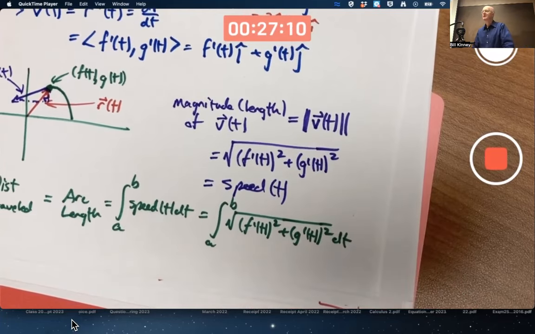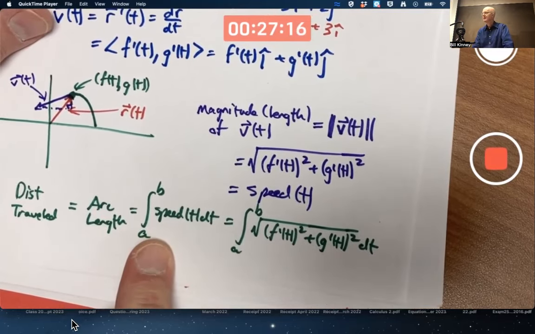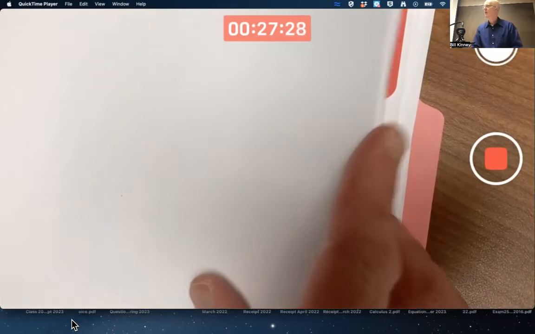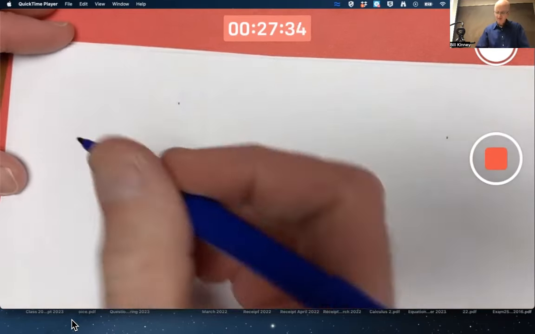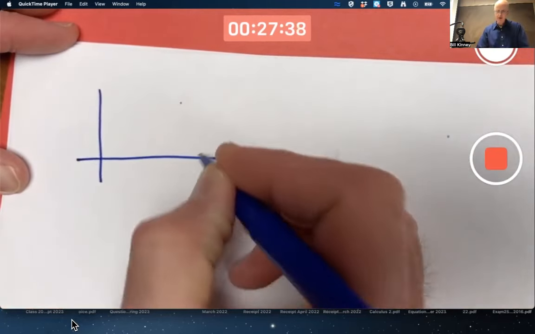There's another formula in section 9.3 that involves an integral, but it's not to compute arc length. It's to compute a surface area. A surface area of a solid of rotation. For the sake of simplicity, suppose you got a parametric curve